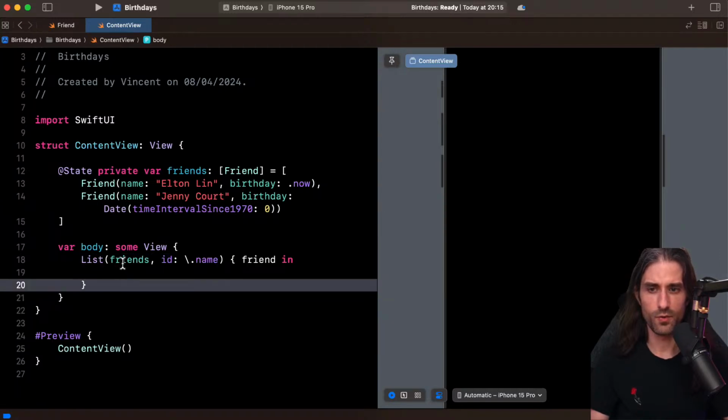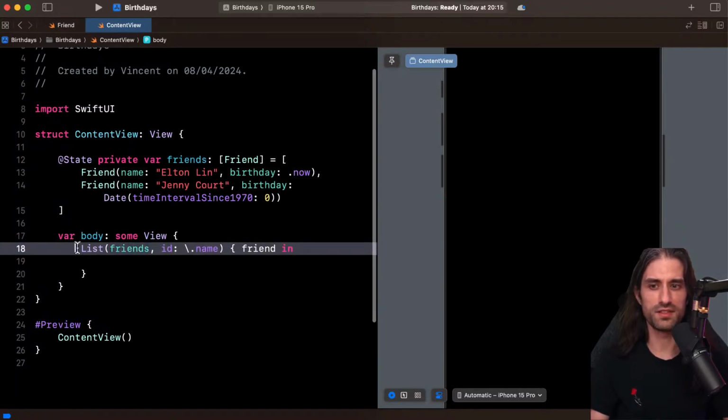So you can see we are declaring a list. Be careful, it's a list in the SwiftUI sense of the term. So a scrollable vertical list, which is going to display several rows, and each row will contain the information about a friend. A list is a view that allows you in SwiftUI to iterate over a collection and also apply some basic formatting, like putting a separator between each row in the list, this kind of thing.